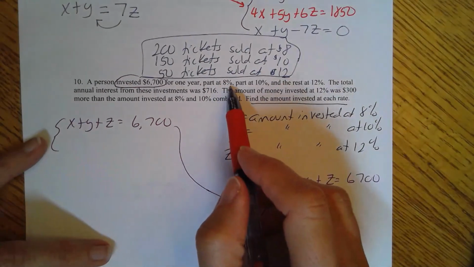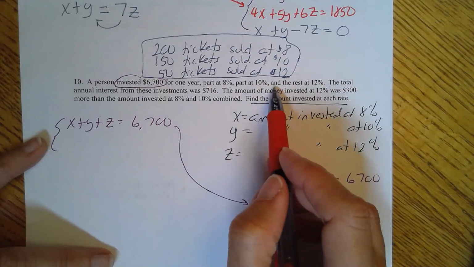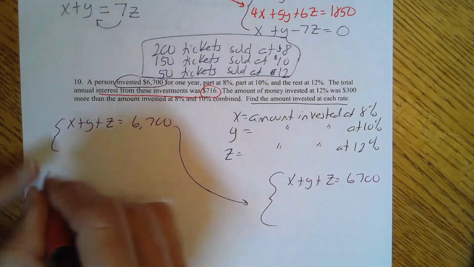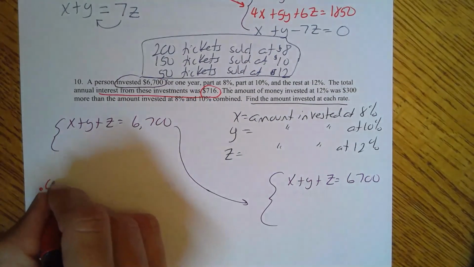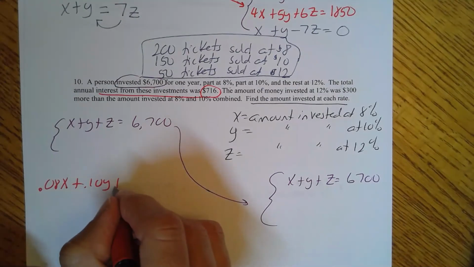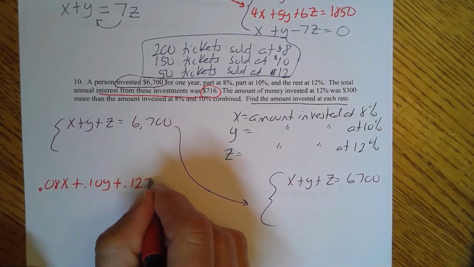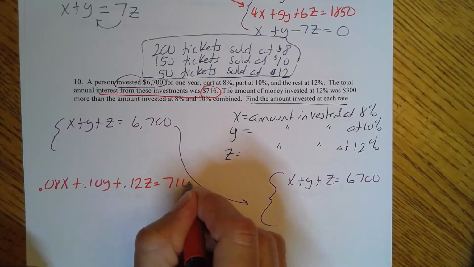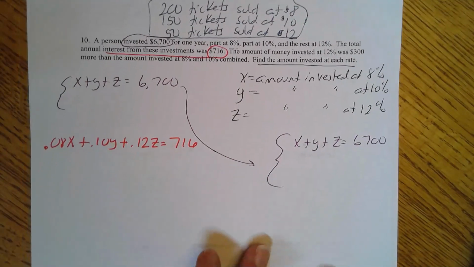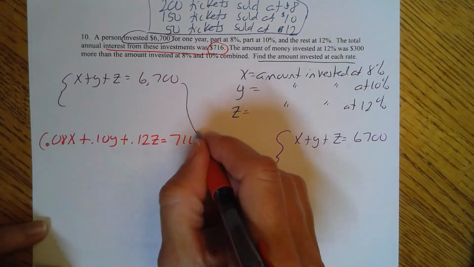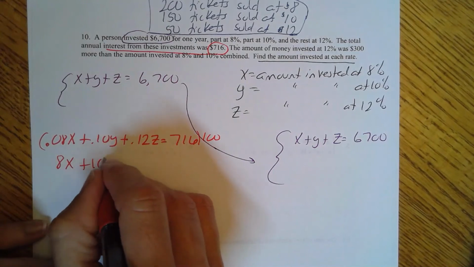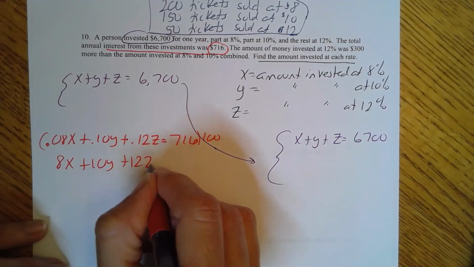All right, so what about the second equation? Well, let's talk about our percents. Our percents give us our interest, and the interest we earned was $716. So the interest at 8%, so 0.08 times X, plus 0.10 times Y, plus 0.12 times Z has to equal your interest, which is $716. Now normally we don't work with decimals, so we would multiply everything by 100 to move our decimal twice to the right. So 8x plus 10y plus 12z equals